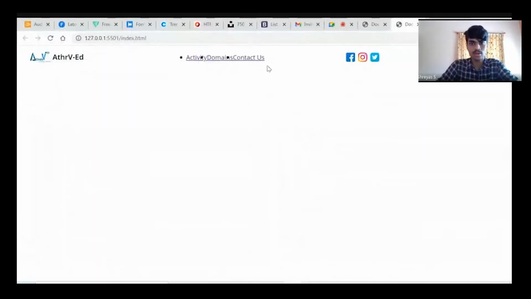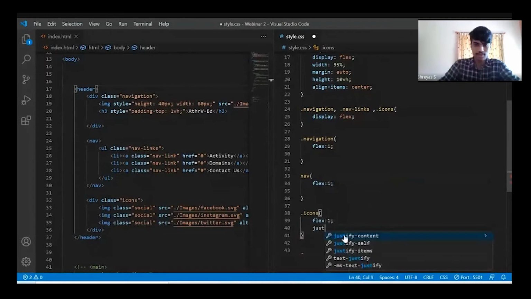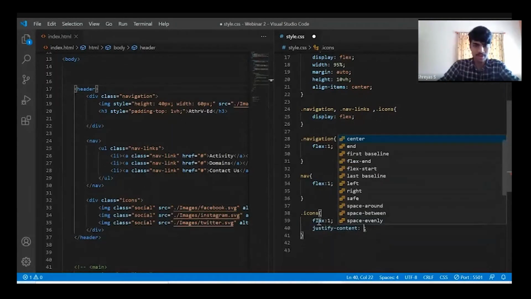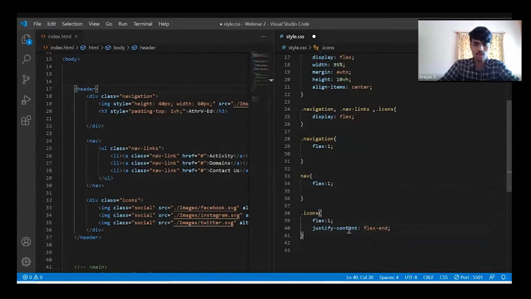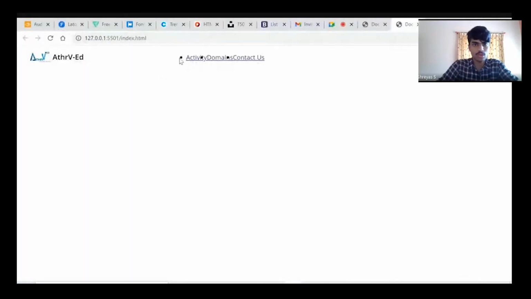See, the next thing we can do is move this icon to the corner. So to do that, let me use this itself. There is a property called justify content. Already this is a flex, so we can use the value flex end. What this does is it moves to the end of the flex. So now it is pushed to the corner, flex end. Now we have to make changes to this. We have to remove these bullet points, remove the underline, and we can even add color.